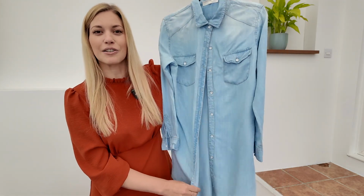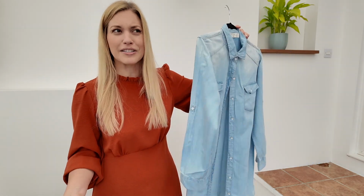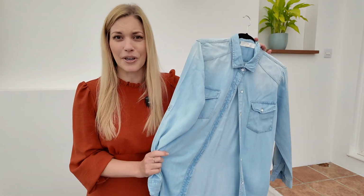I didn't even know I had this still. It's really impractical because it's got splits up the side, so you can't really wear it as a dress. So I just thought I'd add it as a layering piece. And then to finish it off, I added a pair of brown oversized sunglasses, which I can't show you right this moment, and you'll see why in a moment, which all looked great until I went on this ride here,